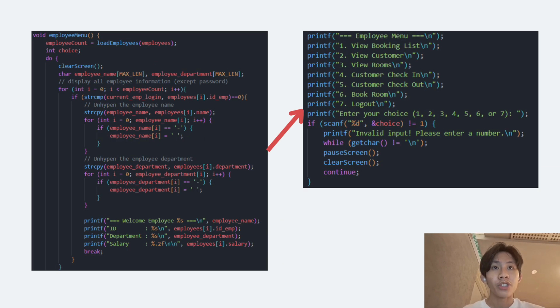The employee menu function provides employees with a detailed interface to manage their tasks, displaying personalized information such as their name, ID, department, and salary. The menu offers various options, including viewing booking list, customer details, room statuses, facilitating customer check-ins and check-outs, and room booking. The system ensures user-friendly interaction by validating input and prompting for corrections when invalid choices are made. It maintains a clean, responsive design by clearing the screen and reloading the menu after each action, supporting efficient navigation